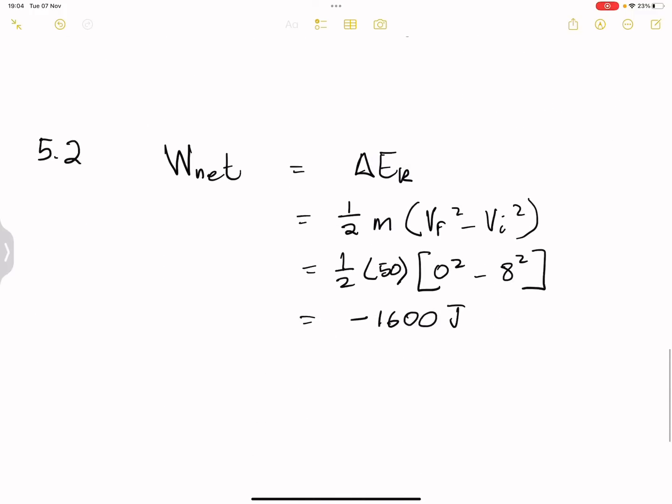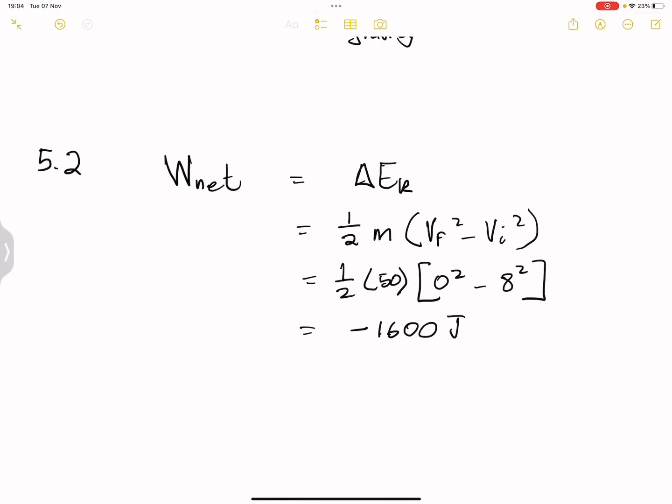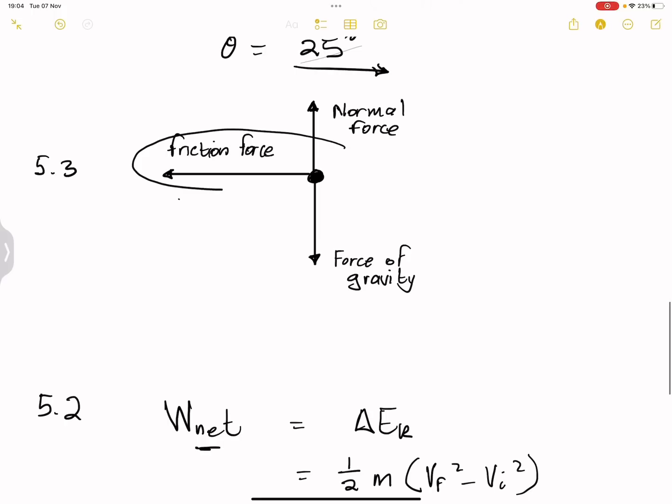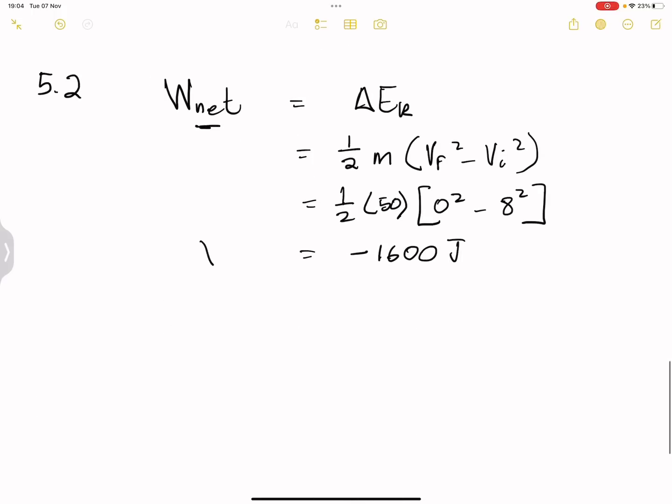But remember, which forces are acting here, right? The net work done, it's only horizontally, that's only the frictional force that is acting, isn't it? So which means the net work done is actually the work done by the frictional force. So the work done by the frictional force in this case would be equal to negative 1,600 joules. Okay, and remember, the negative is not necessarily telling us about direction, but it's telling us about a loss in